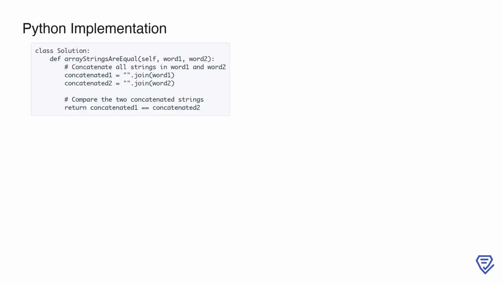This solution implements the check if two string arrays are equivalent problem in Python. First, given two string arrays word1 and word2, the goal is to determine if their concatenated forms are equivalent. The function arrayStringsAreEqual achieves this by using Python's join method, which efficiently concatenates all strings in a list into a single string. The strings from word1 are joined into concatenated1, and similarly, the strings from word2 are joined into concatenated2. Finally, the function compares the two concatenated strings using the equality operator == and returns true if they